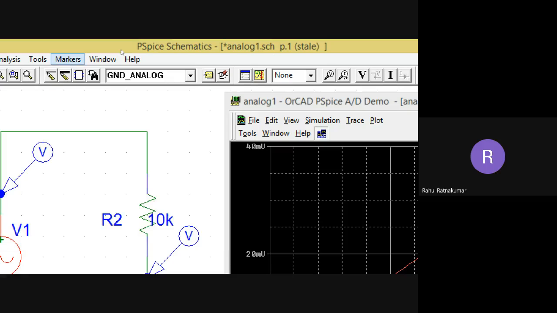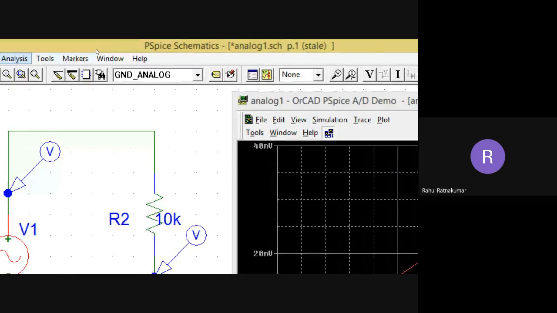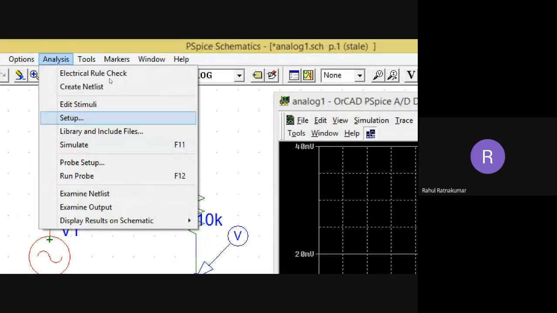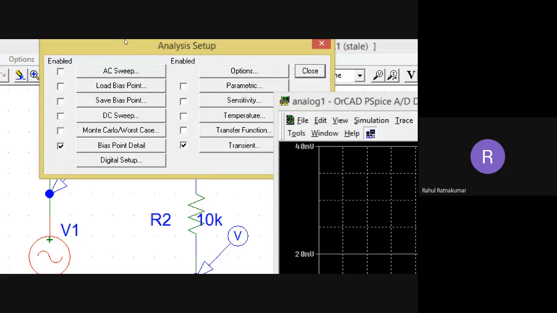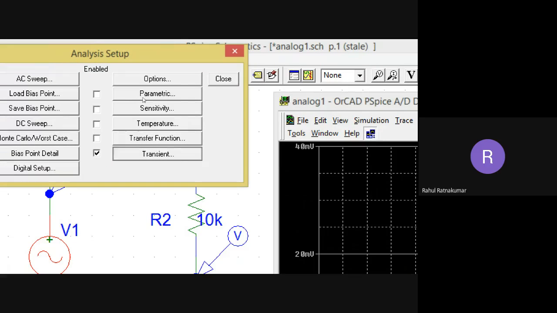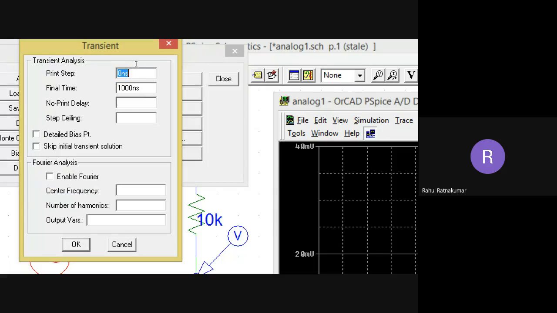This whole thing is fine. Now I go to the simulation analysis. Now I'll tell the simulator, I need to see more time. So this is only 1000 nanoseconds. So I'll tell it, show me 1000